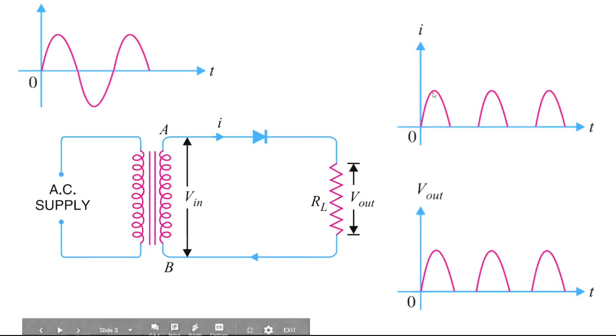Only positive half cycles are reflecting here. Negative half cycles are suppressed, right? So we are considering an ideal diode. That means there is no voltage drop across the diode. There is also some forward resistance drop, some percentage of forward resistance RF, something will be there in the diode. That is very minor, negligible compared to the load resistance. So the same amount of input voltage will appear across the output side, and the frequency will be the same